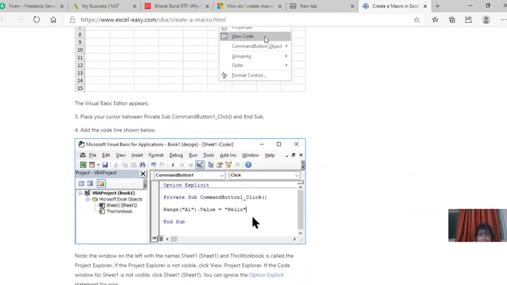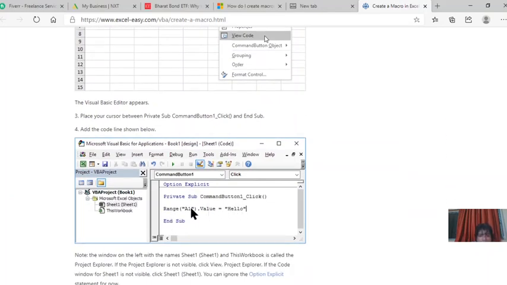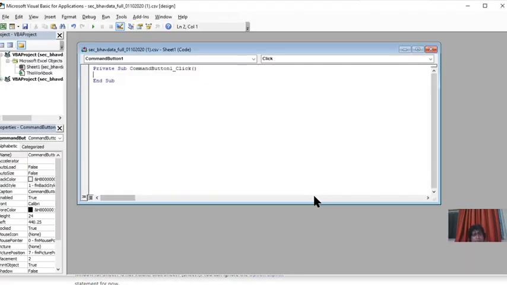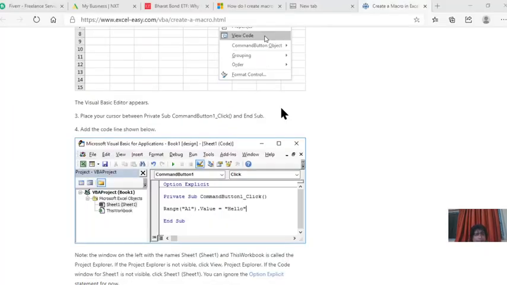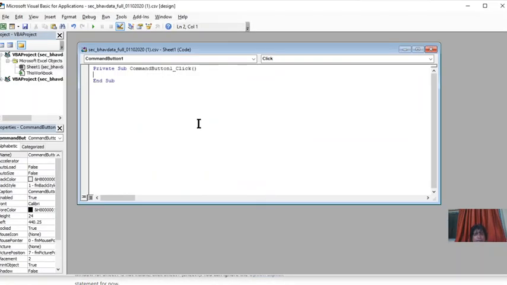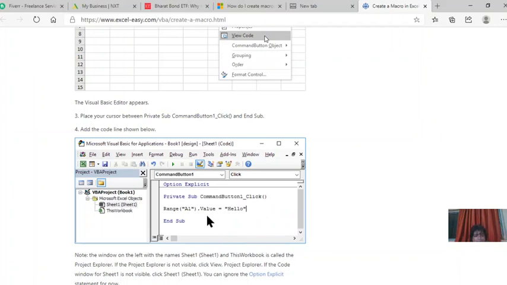Now view code. In the view code there is the private sub CommandButton1_Click, and Range A1 value is equal to hello.